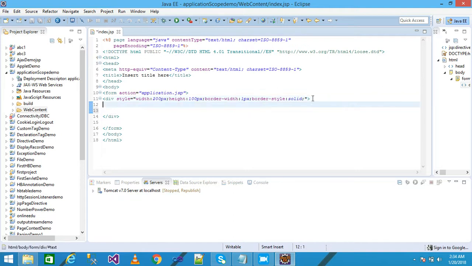Within the div tag I write here enter the name, and take the